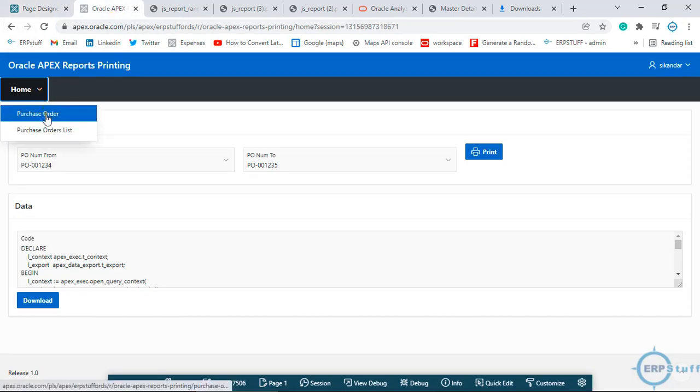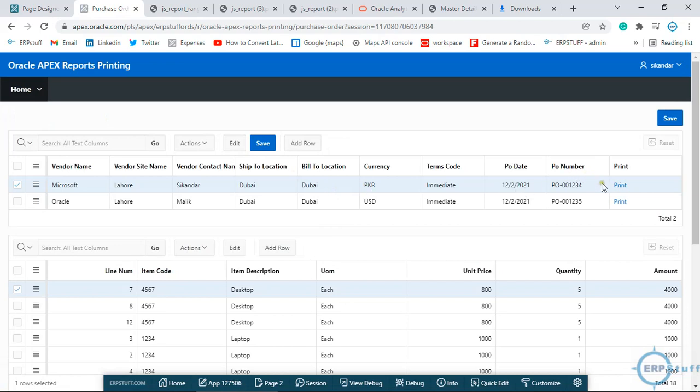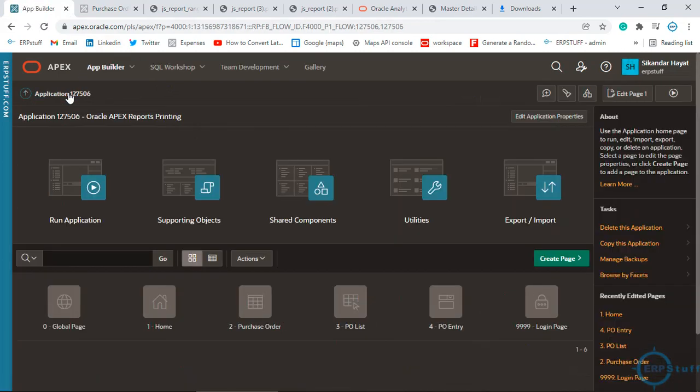Okay. For the other reports, let me show you what I did over there. I created this master detail interactive report. Here the problem is you can't use session parameters for this PO number, let us say P4 underscore this. So what I did, I created one global item. Let me show you where you create the global item which you can access inside your application.